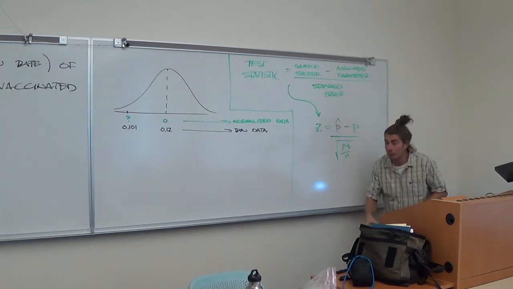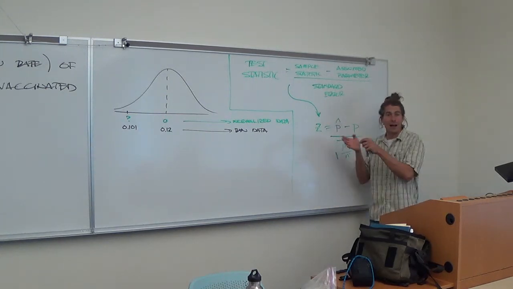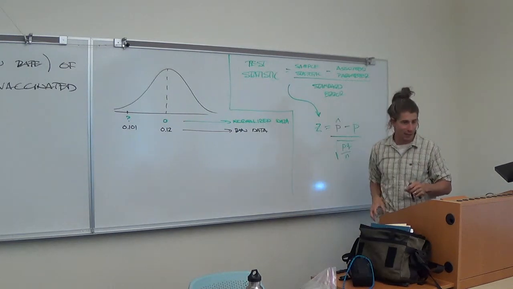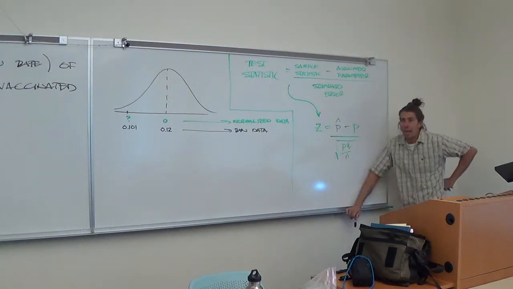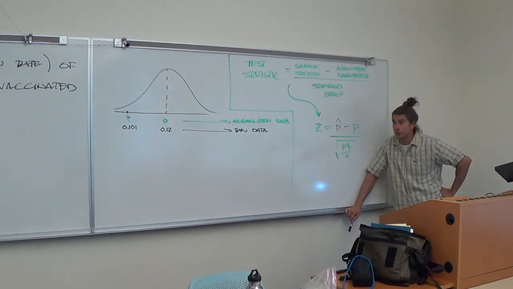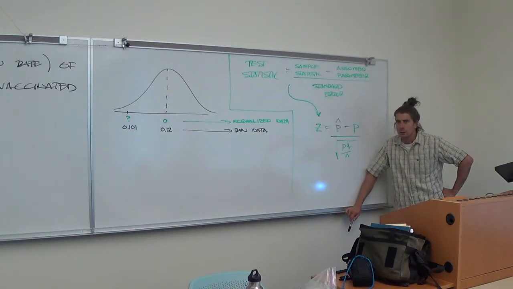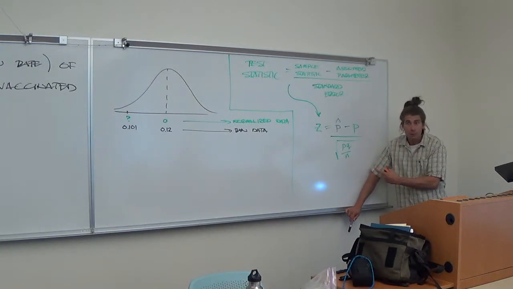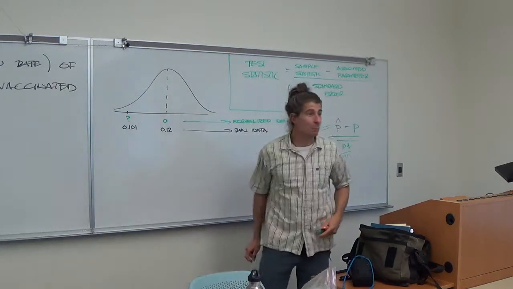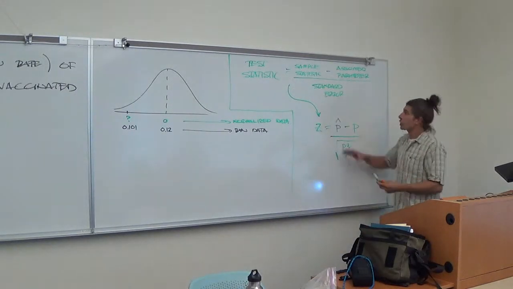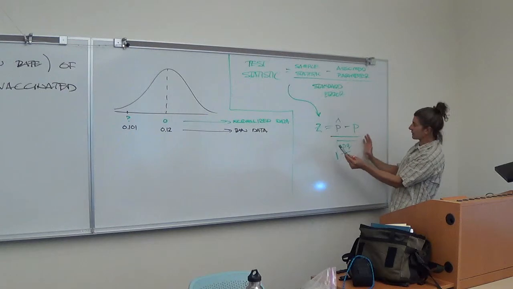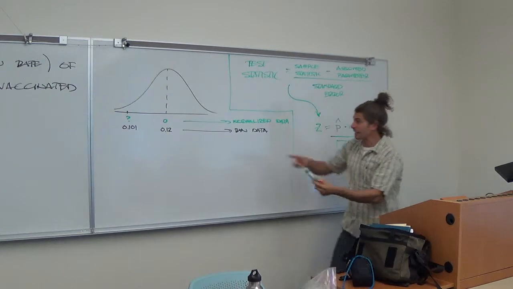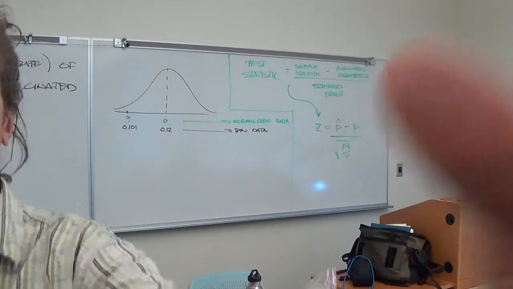Much like in 243 with the z-score, you had mu and you had sigma. Mu and sigma are based in your population. And then you had this x value that was your sample data that was compared to it. Same exact places as they were in 243. Great question, Brandon. Thanks, sir. Did everybody catch Brandon's question? Now, let's actually do this calculation, shall we? Let's run the values through. Brandon's already actually given us most of it. This is the general idea of a test statistic, and this is the more specific test statistic for proportions. So for us to figure out what goes at that question mark, we have to then run